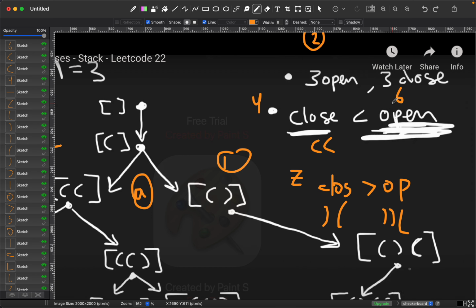But this 3 open 3 close thing just tells us that the parameter must always be 6. For this one, it's so much more, because we use these two properties, right? So these two collision sets. But let's move on to why. If the open must always be more, I do this open close, it's still valid. I do this open and then follow with close, it's still valid. So I just feel that whatever this condition is actually doing is really useful, and obviously you do need to actually